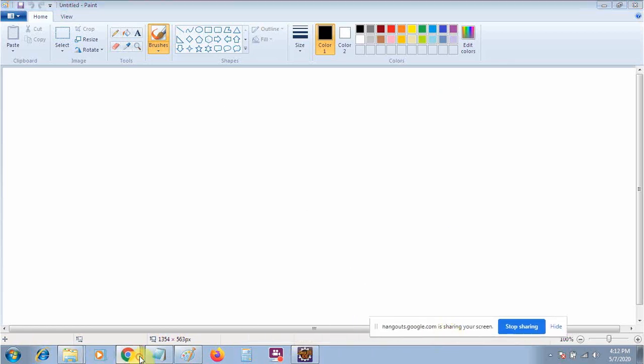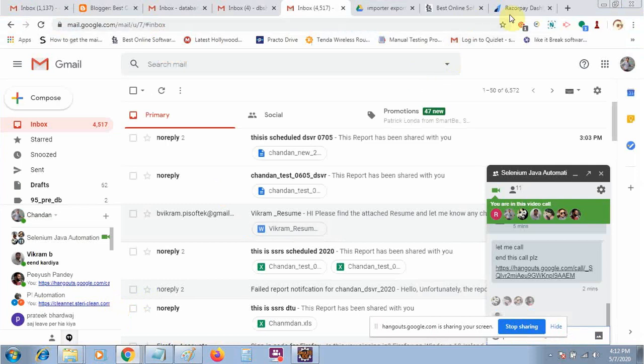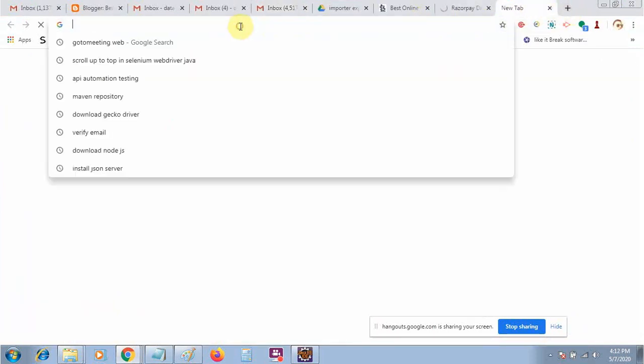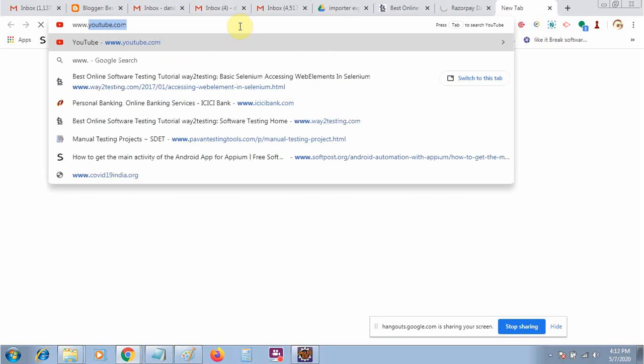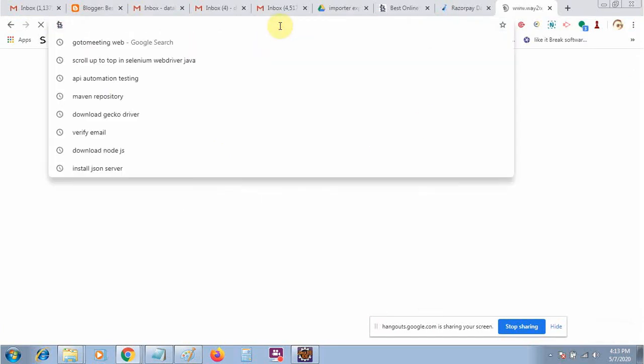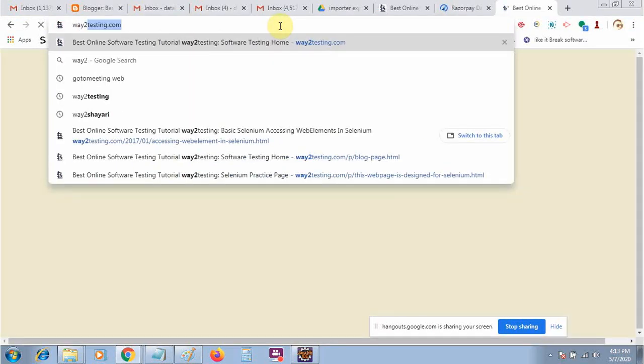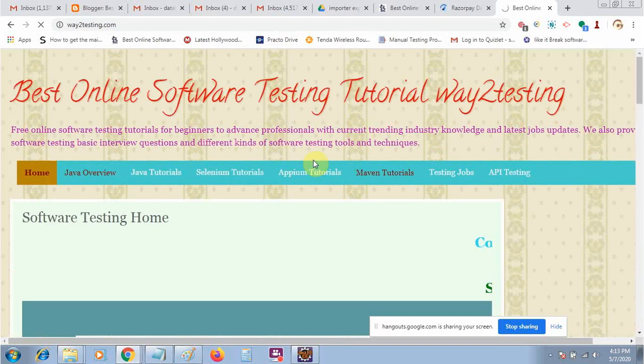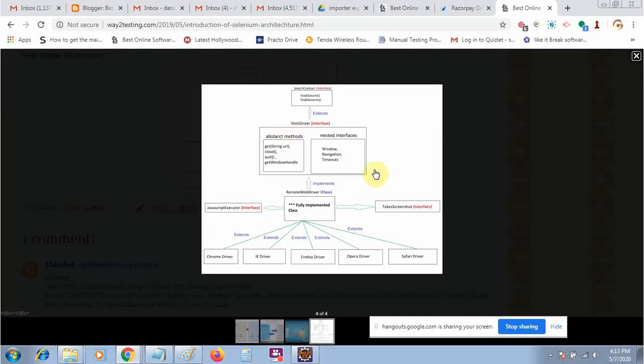If you remember my first Selenium tutorial, where I described the hierarchy in Selenium, you will remember this diagram of the hierarchy of Selenium. There was an interface named JavaScriptExecutor. So it's an interface. How will we create the object of this one and use it to scroll our web page?